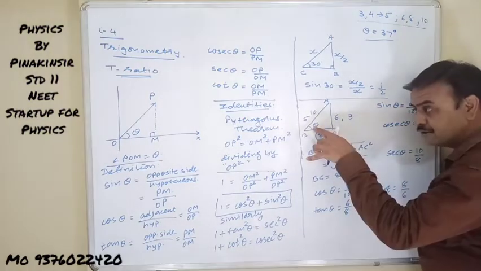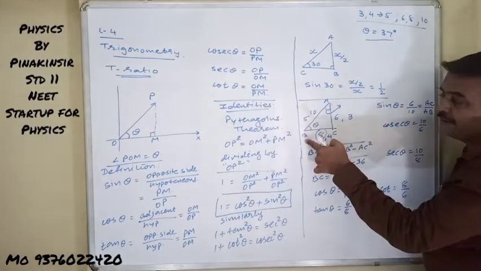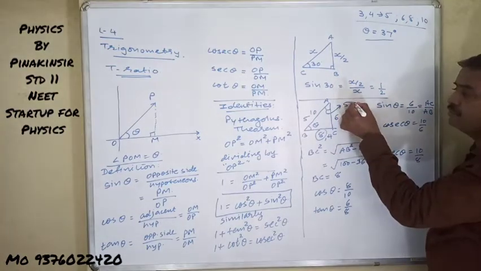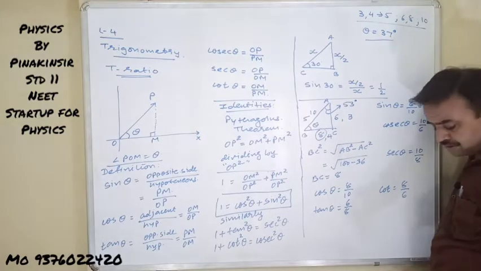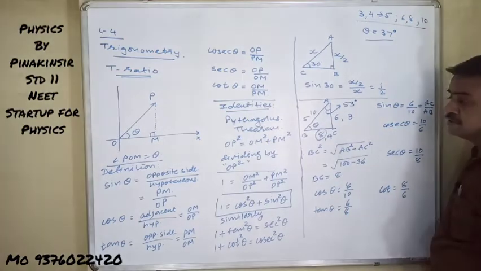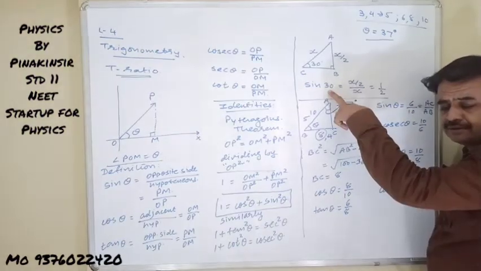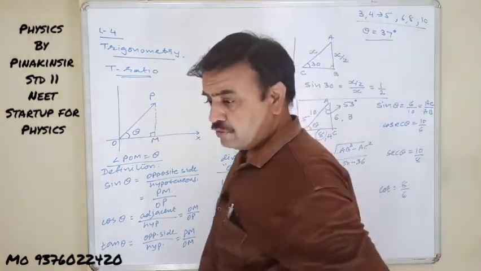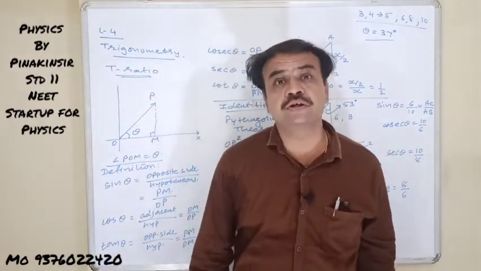Now if that theta is 37, you can clearly say that angle BAC will be equal to 90 minus 37, which is nothing but 53. These two angles, 37 and 53, are very popular. Questions are particularly asked for these angles as well. Some fixed angles are there. As I have said, 30 degrees is there, 90 degrees is there, 45 degrees is there. I have just provided the full table for these particular angles. You have to just memorize it. Okay, this was a revision.